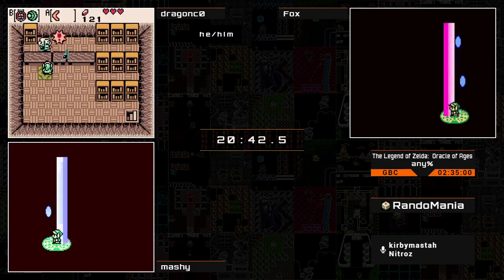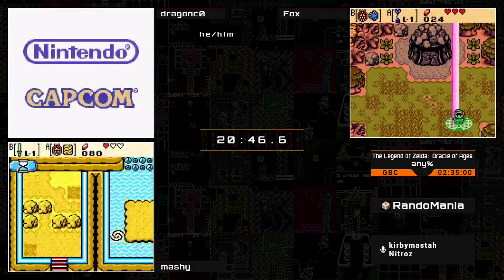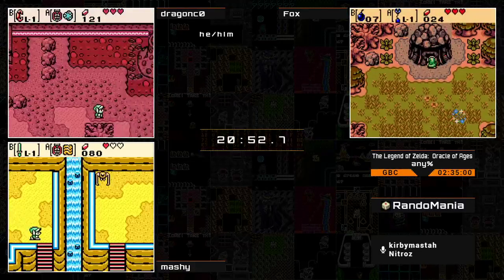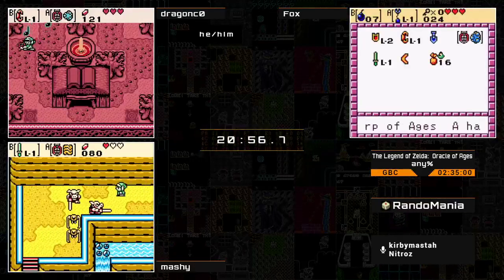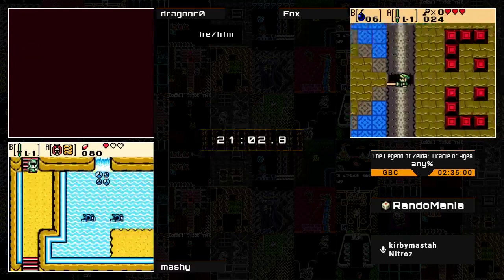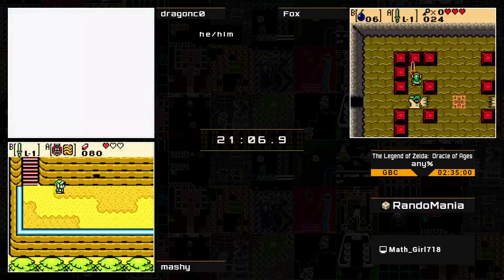Meanwhile, Fox is gonna go and check out the Dungeon 2 entrance, which is, again, Dungeon 6. Probably gonna pick up the boss key after some. Oh no, Mashi's taking a long way for the chest. Oh no. Oh man. That's gonna cost so much time. I mean, I don't really blame him. It's kind of a gamble. And he doesn't have Ages to take the fast way, so...